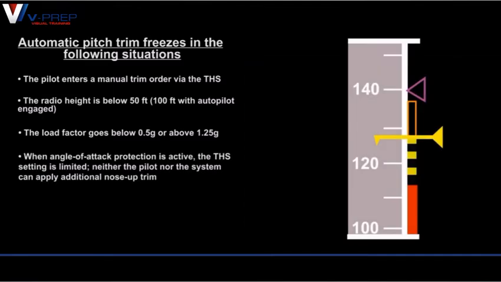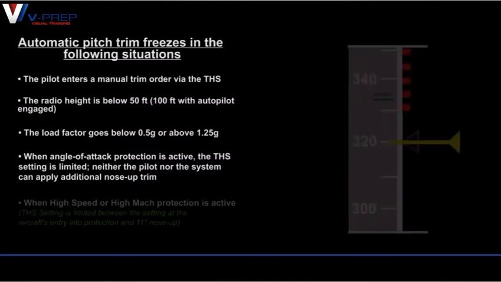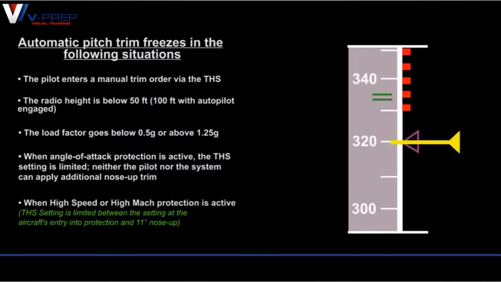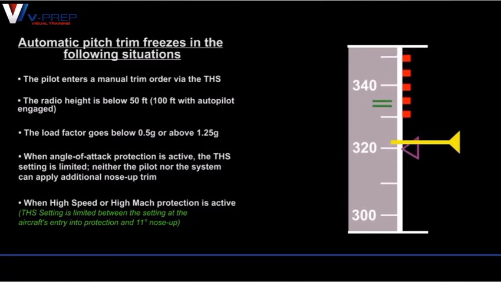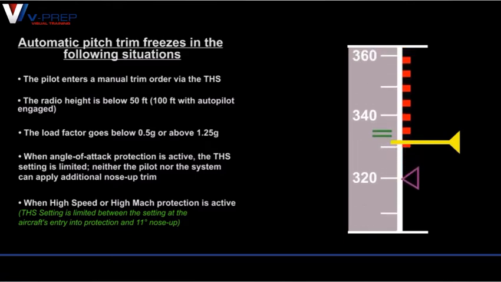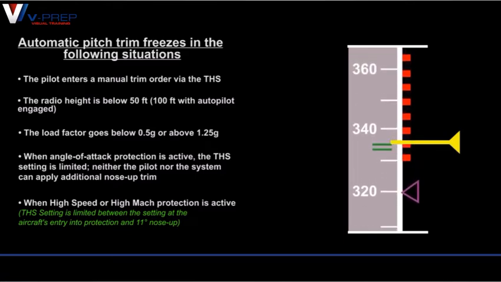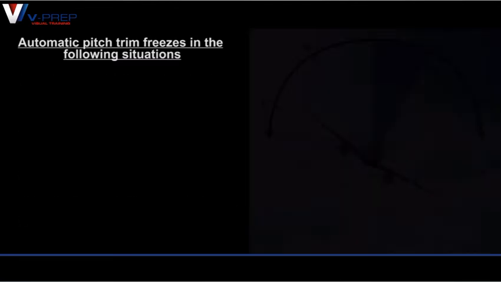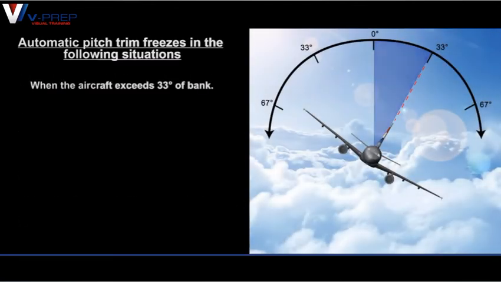When angle of attack protection is active, the THS setting is limited. Neither the pilot nor the system can apply additional nose-up trim. When high speed or high Mach protection is active, when the aircraft exceeds 33 degrees of bank,